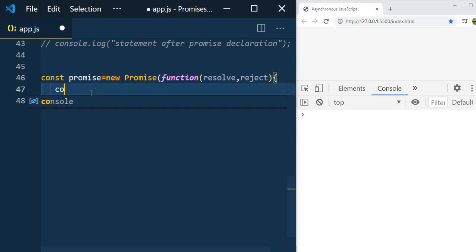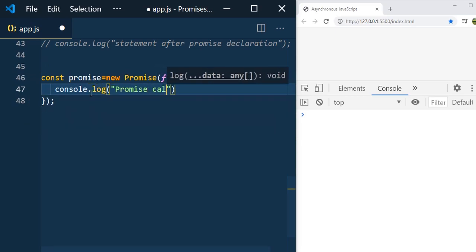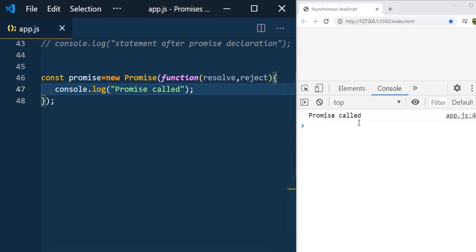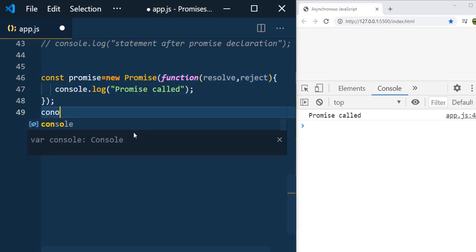So let us console it. console.log promise called. Save it, and you can see that "promise called" is printed, which means it got executed whenever we created the promise object. And now let's print the promise variable.